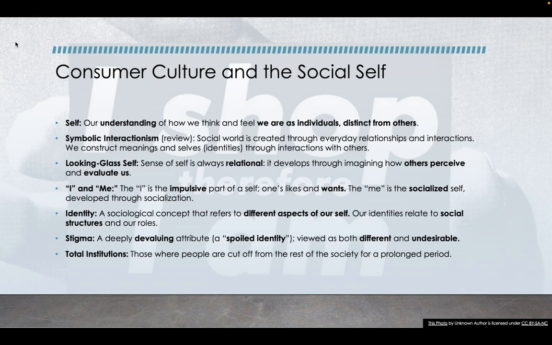So, sort of the classic example in Goffman's work is a psychiatric ward or a prison or the military. Those are sort of classic examples of total institutions. However, as someone who researches subcultures on college campuses, I would argue that universities are also total institutions. And I think that's probably the easiest example for you all as college students to grasp.